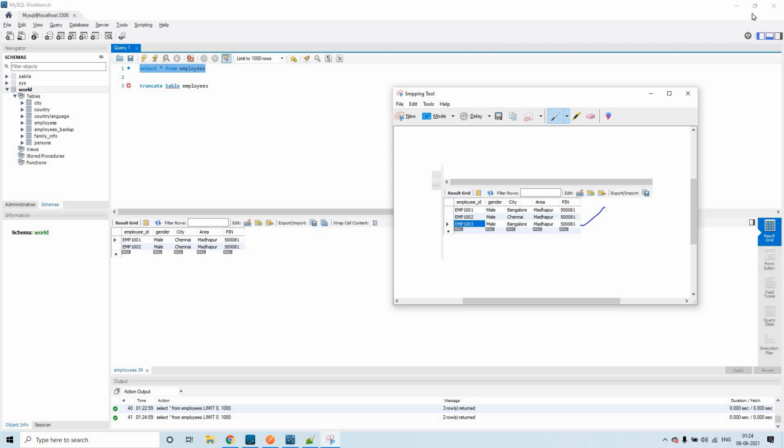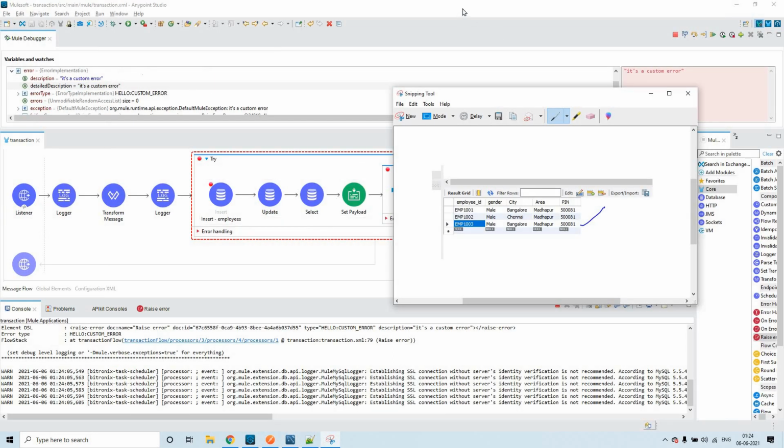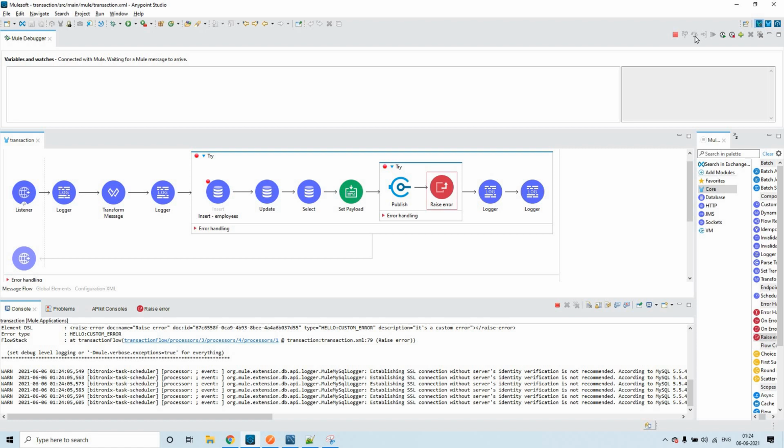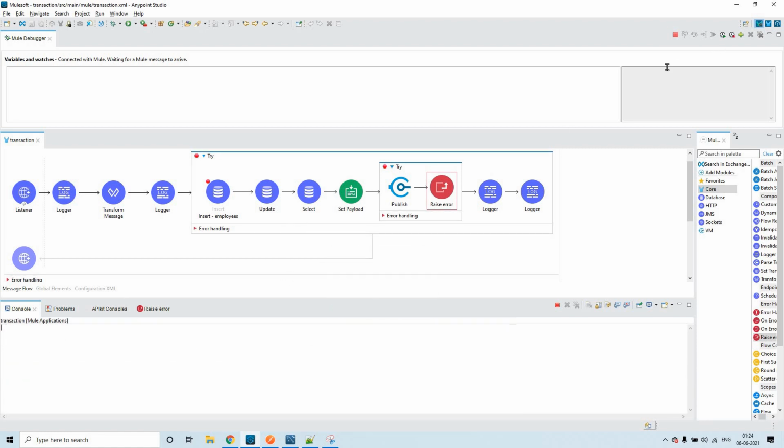So it has raised an error in the nested transaction, and the error has propagated to the parent one. That is the reason the changes we made at the parent level transaction were also reverted back.